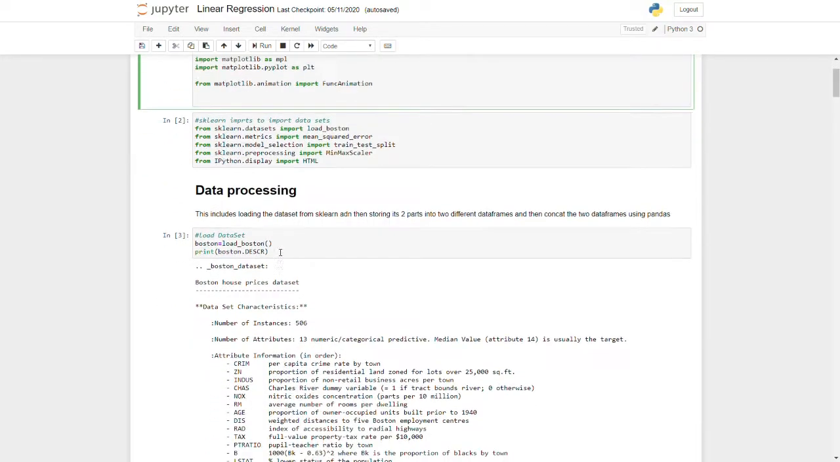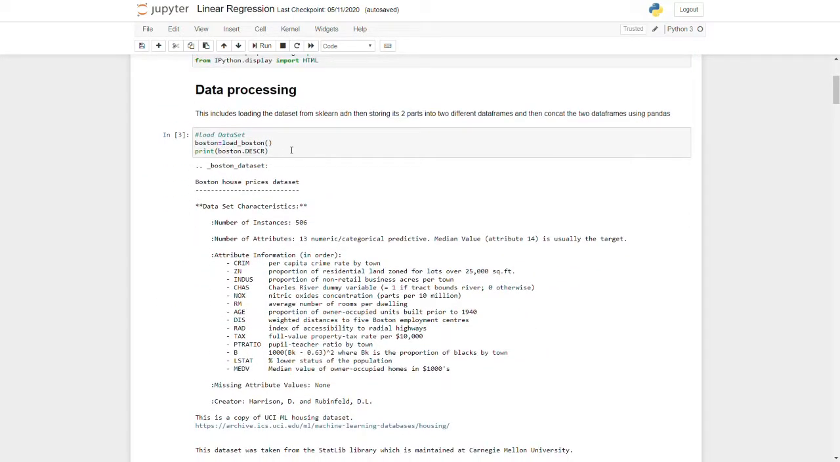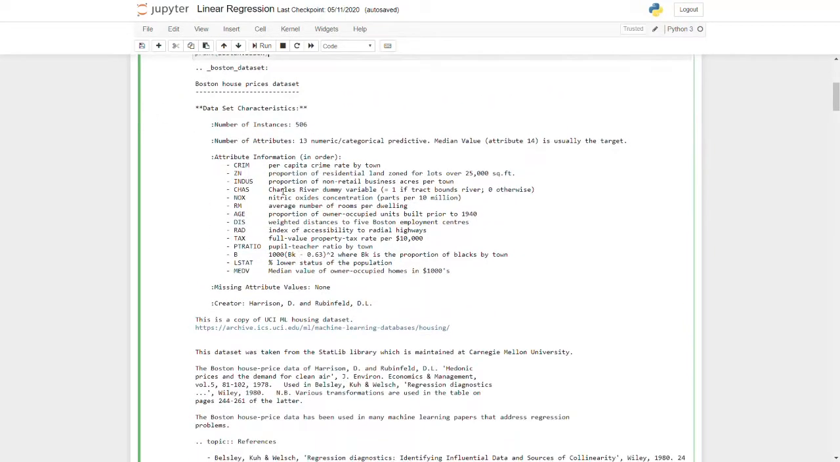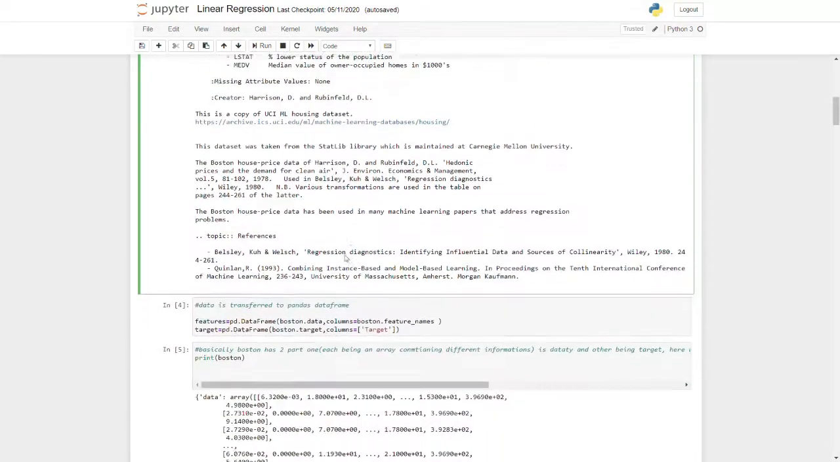sklearn library. First of all, we load the Boston dataset with boston equals load_boston function, and we have used Boston DESCR to print the Boston description, which says it has a total of 506 instances and 13 numerical attributes with a 14th attribute as the median value. And then